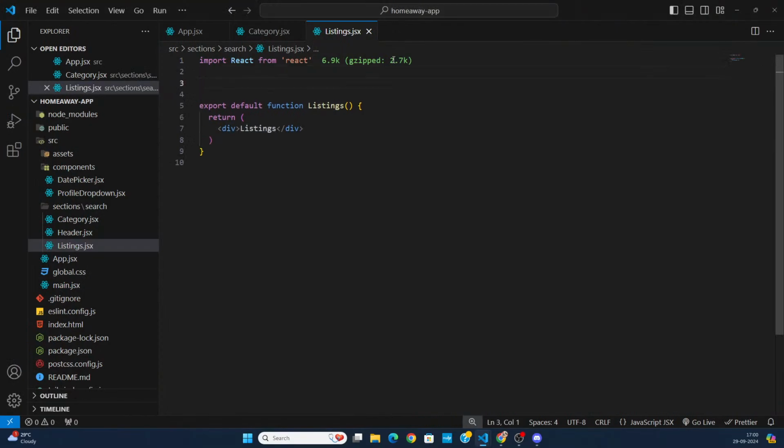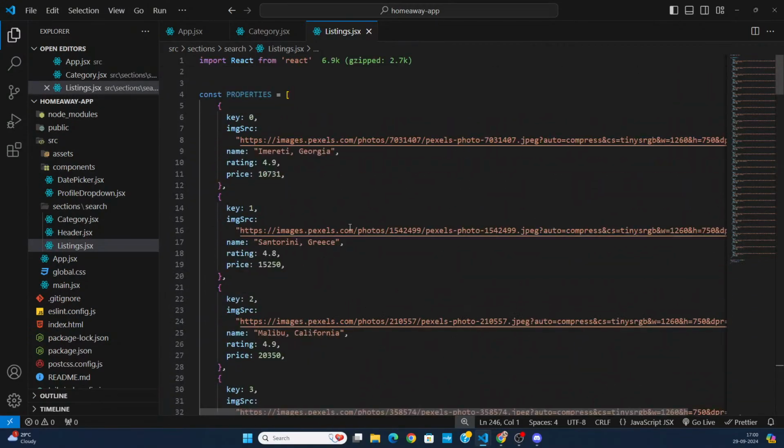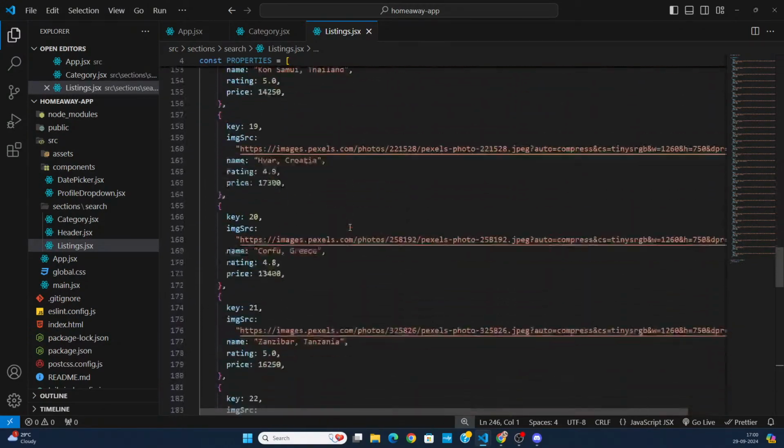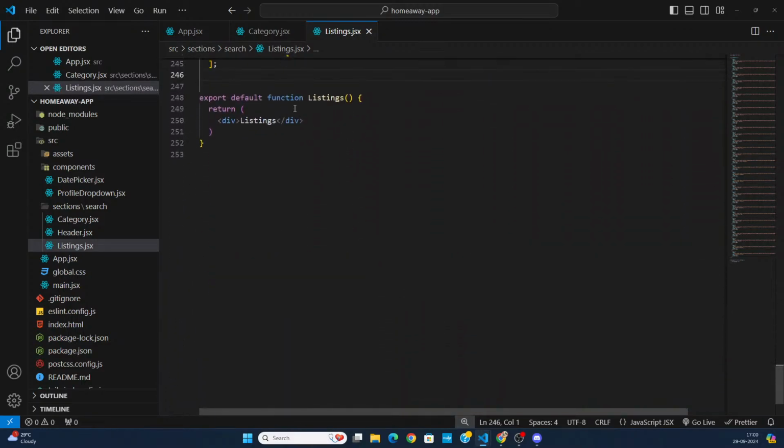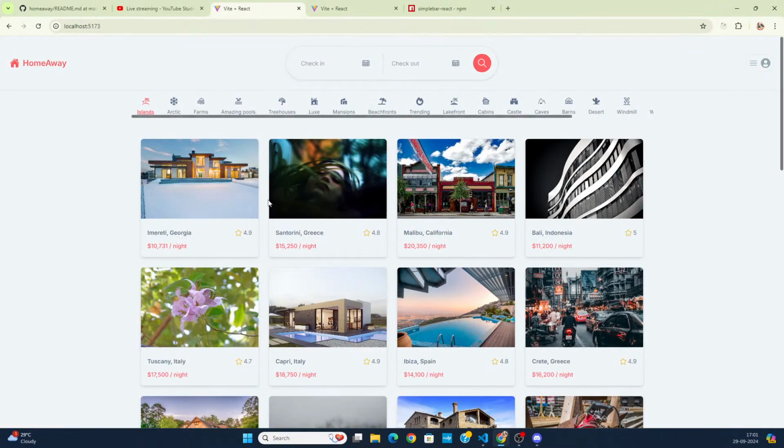Inside the listings component, I'm going to paste it for now. Later on, we'll get the list from our Redux store, and this list is going to come from the API after we integrate the backend. So let's now focus on rendering this list. And let me tell you that when you want to render this list, you are going to need to create a grid. Here you can see we are rendering these 4 cards in a grid. And if I resize this, it's also going to respond to the different screen sizes. So let's just directly create that